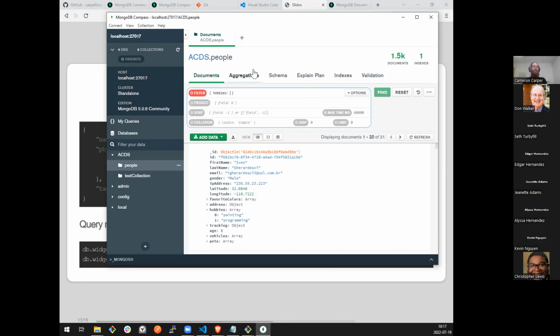Very simple and very similar to what we've already seen. In our simple case, we simply reference the property name, which in this case is hobbies, and we say programming. And what this is going to do is find every document that has an array named hobbies and that has at least one value inside of that array that is equal to programming.